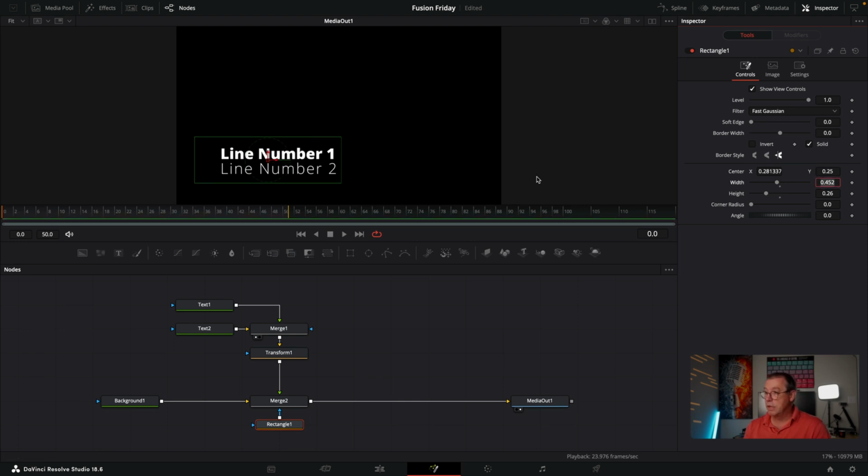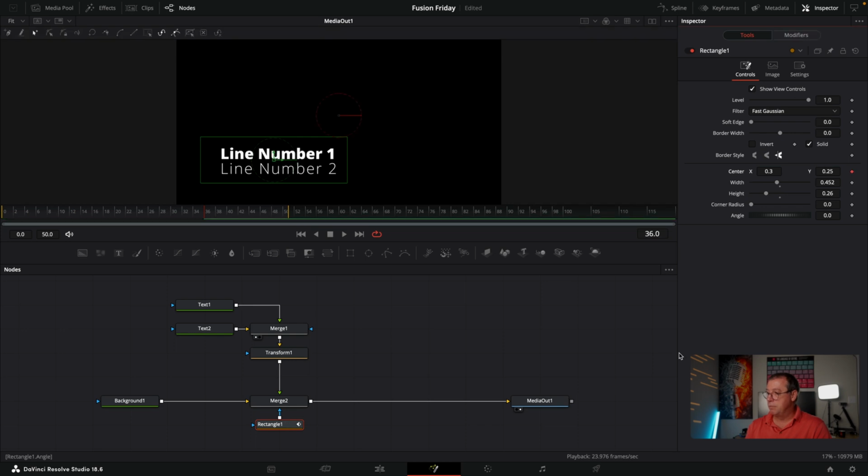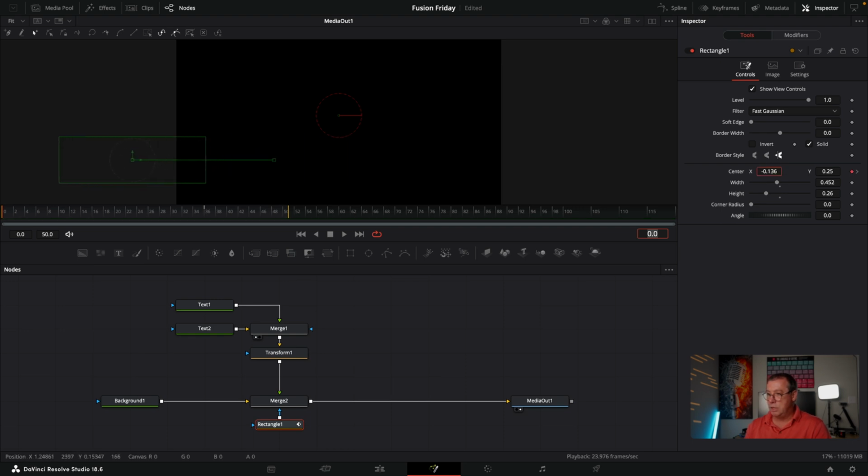0.25, something like that. Great. Center X. Looks like I can go to 0.3. All right, so at frame 36, I want this rectangle to be right here where it is. So I'll keyframe that position. And then at frame 0, I want to back the rectangle off so that we can no longer see the